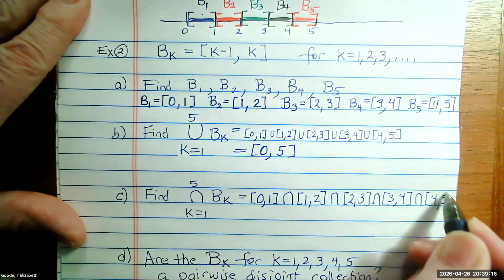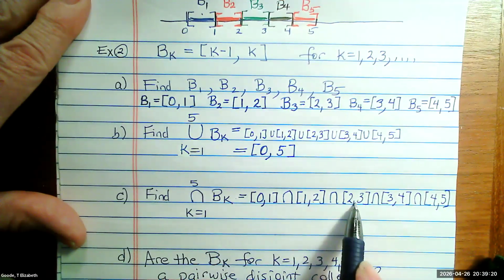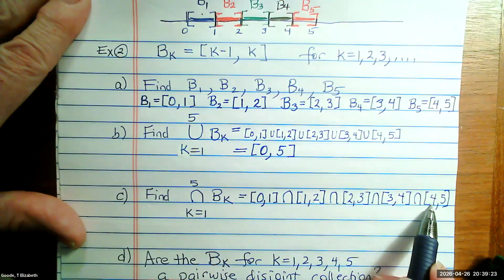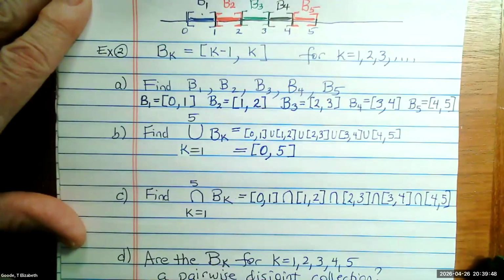Are there any x's that are in this set and in this set and in this set and in this set and in that set? I would say no, due to the square brackets on all of the sets. I could be wrong there. The answer is no, but